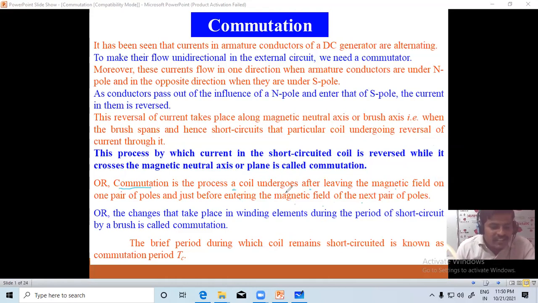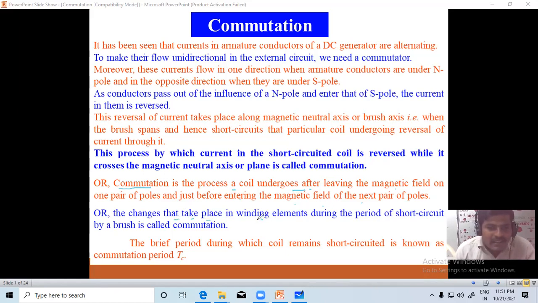So commutation is nothing but a process. A coil leaves the magnetic field of one pair of poles and enters the next. So this process is commutation,